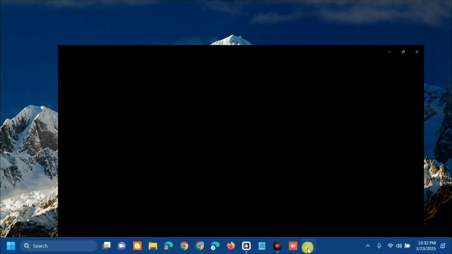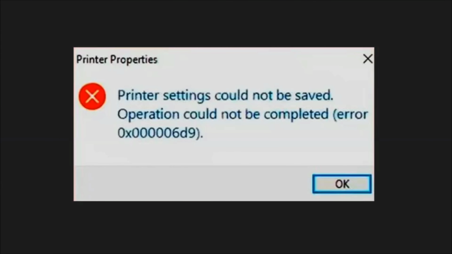I'm going to show you guys how to resolve if your printer settings cannot be saved, followed by the error code 0x000006d9, operation cannot be completed. The error prevents you from saving or updating printer settings, which can disrupt workflows and leave the printer unusable